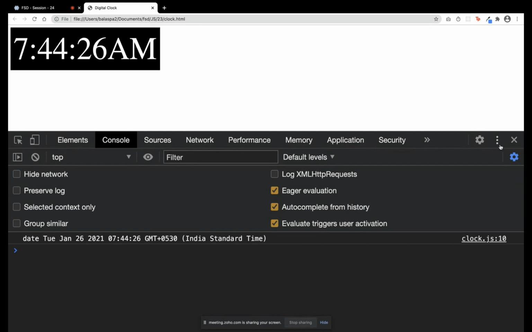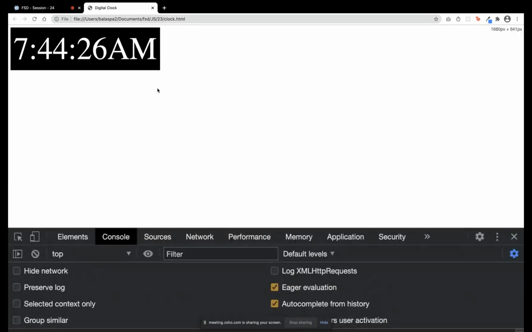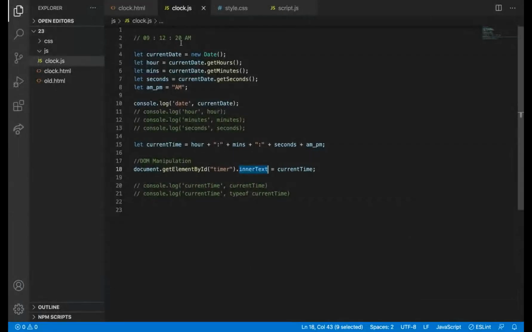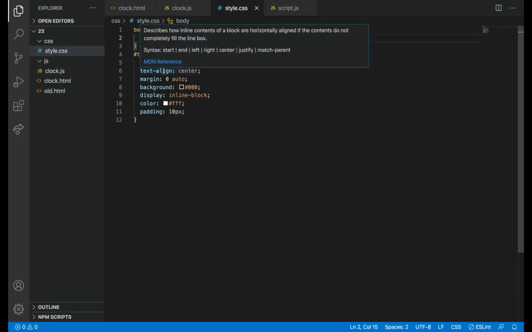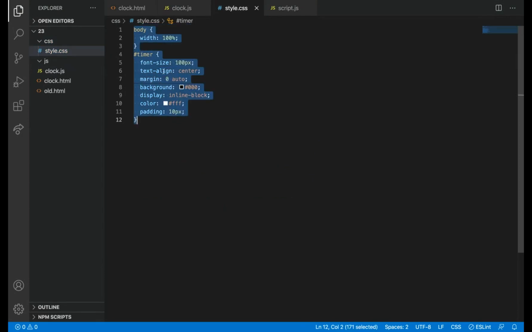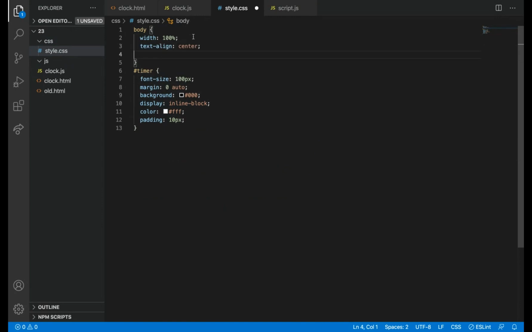So what we wanted to do is we tried to make it center. Actually, I have put text align center in the timer, and since we made this element display inline block, we want to give text align center to the parent element.